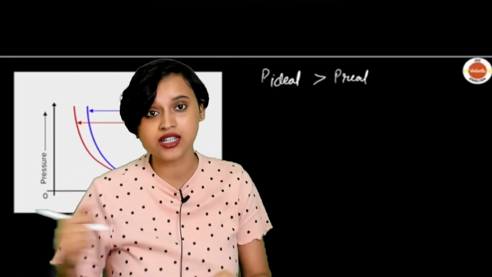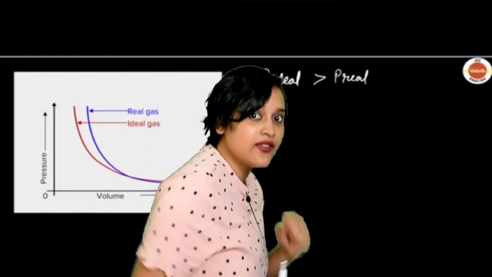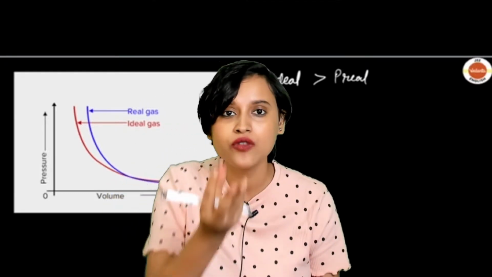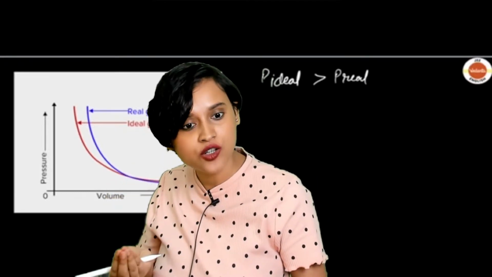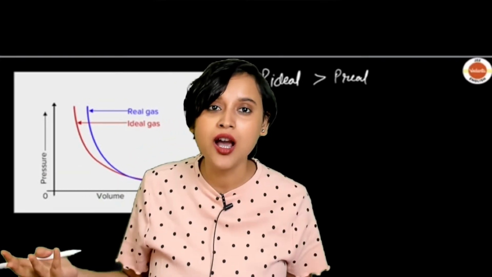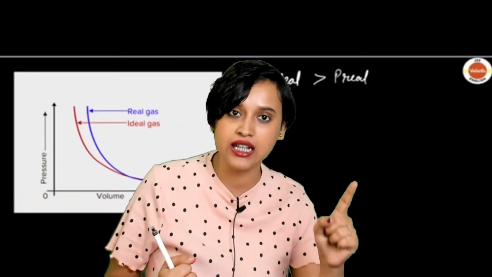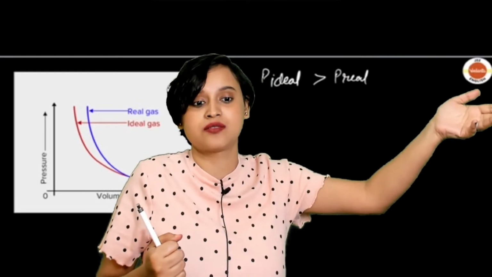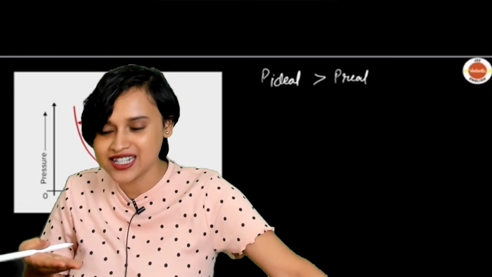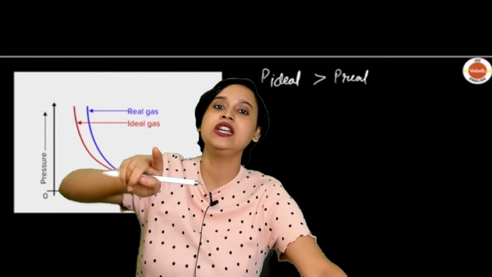But if I have interactions, if somebody is holding me and if I try to run, I will still be running at the same position, and maybe, just maybe, what will happen? My speed will also keep reducing. And as it keeps reducing, what will happen? The attraction is more. So because of attraction, we see that the pressure in ideal gases is more, but the pressure in real gases is a little less because of this attraction, isn't it? Yes. Very good. So that means now we needed correction.